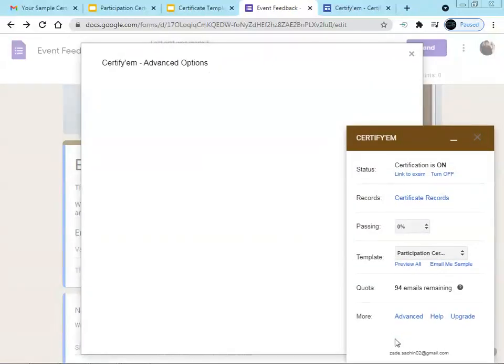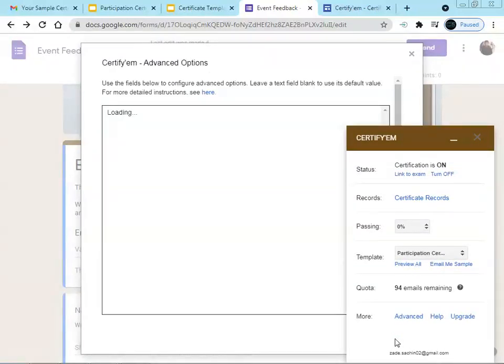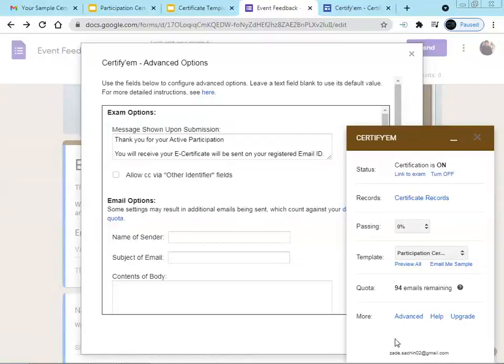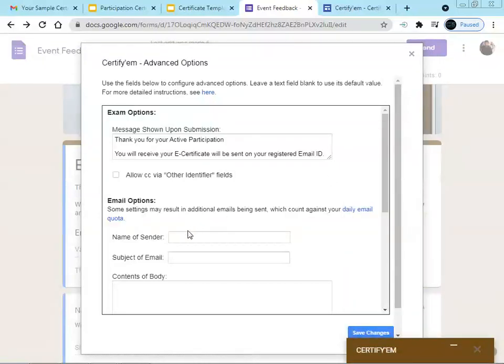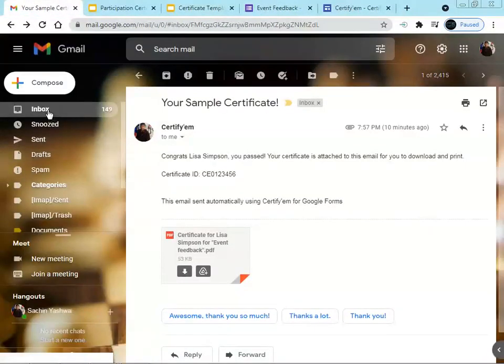In most of the competitions or organizations or in the webinars or the conferences, this advanced setting is not set properly, so the user will not get the proper message from this. We are going to set certain instructions.